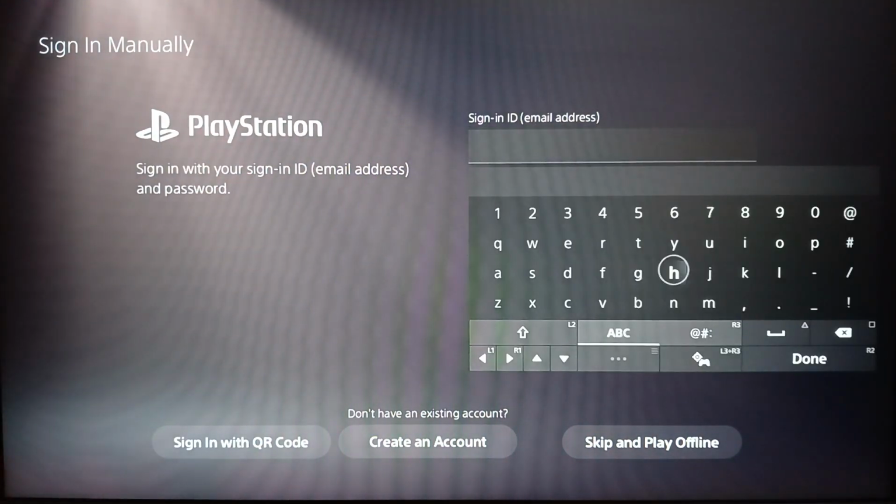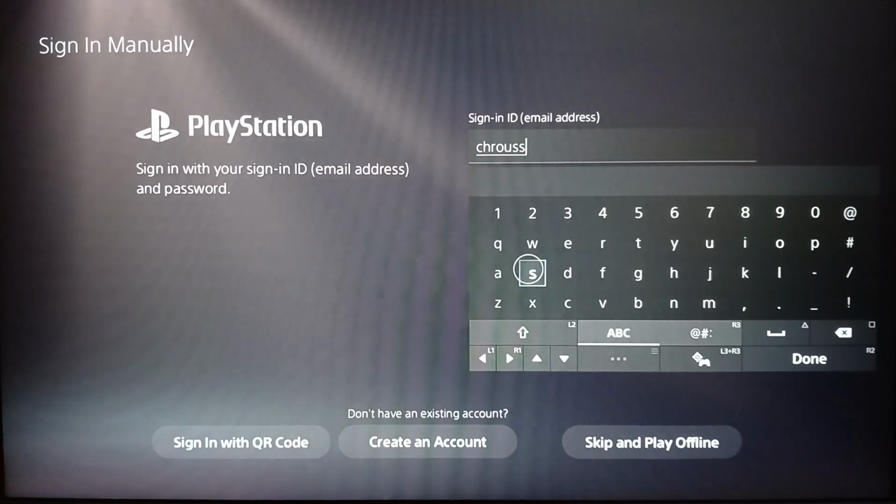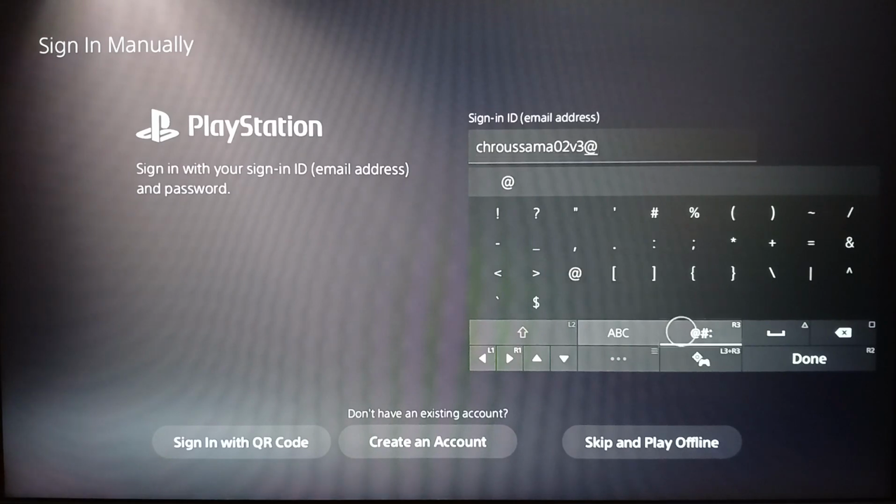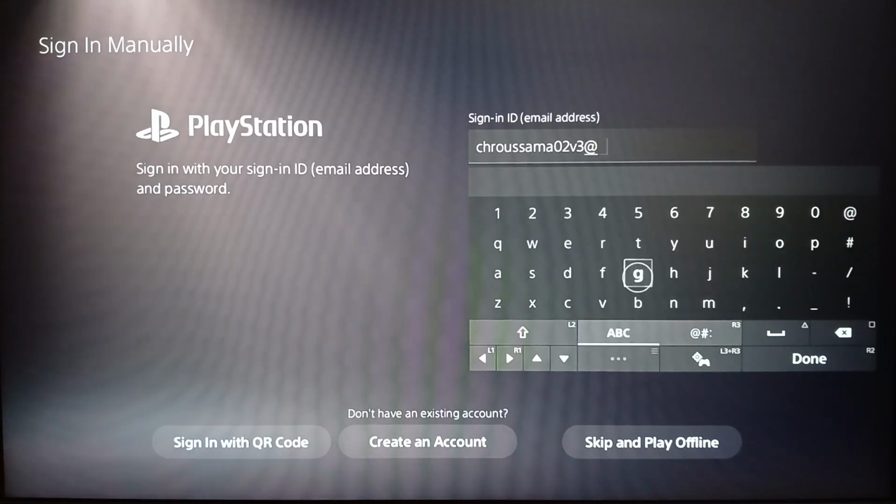So right now I'm gonna add my email address. So just go ahead and add your email address for your account like this, and then let me just finish typing my email address. Then once you finish typing your email address, go ahead and click on done or click on R2 on your controller,